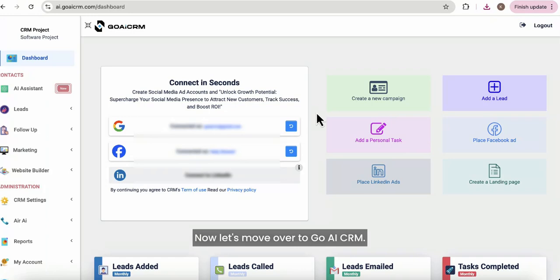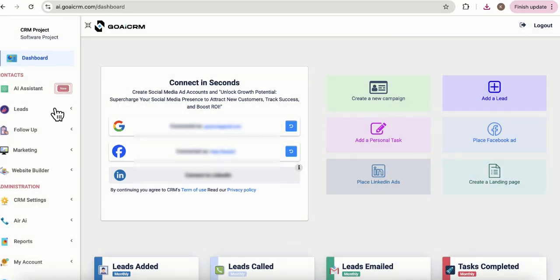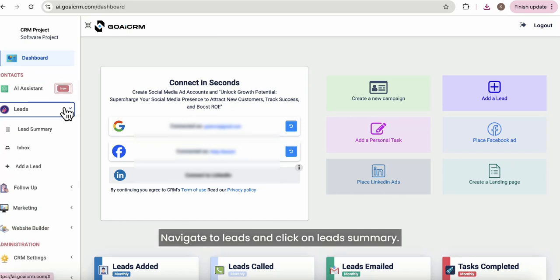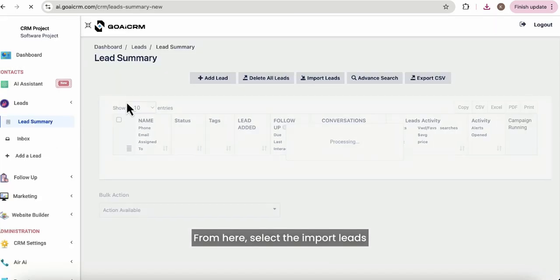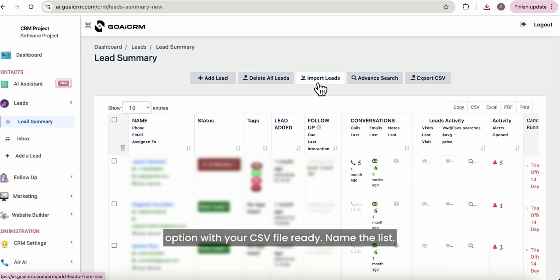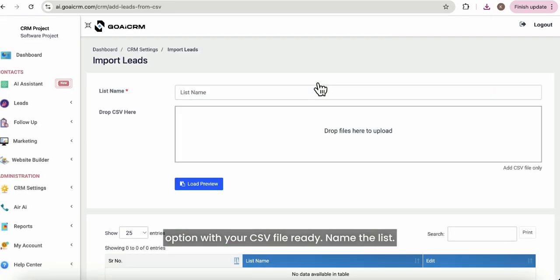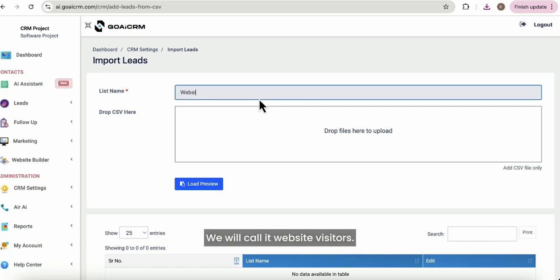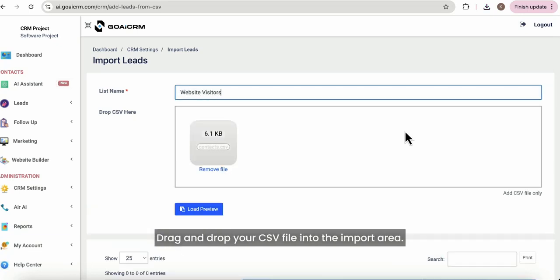Now, let's move over to Go AI CRM. Navigate to the Leads, and click on Lead Summary. From here, select the Import Leads option. With your CSV file ready, name the list, we will call it Website Visitors, drag and drop your CSV file